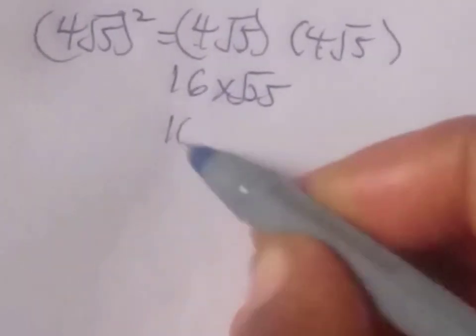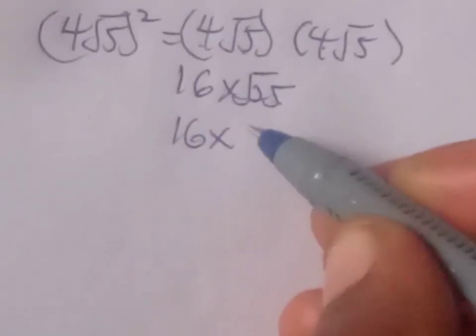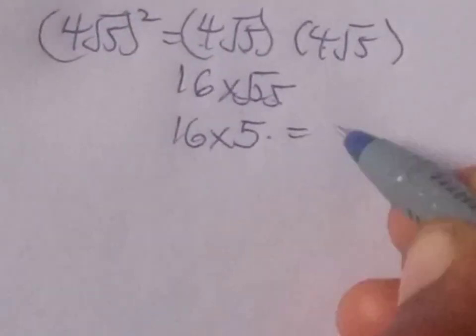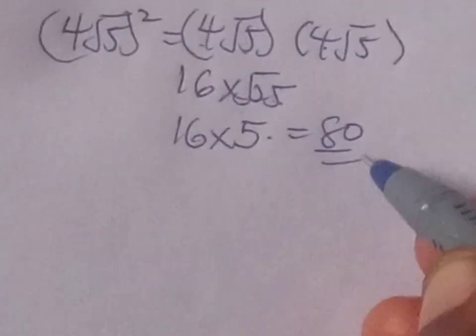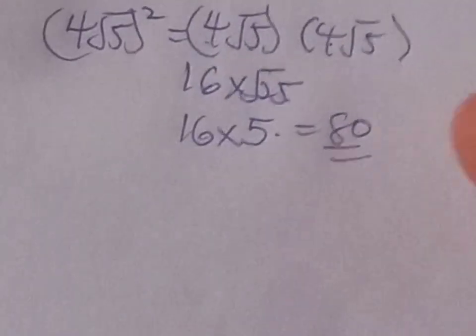So we have 16 times root 25. Square root of 25 is 5. So 16 times 5 will give us 80. Now back to our x raised to the power of 12,